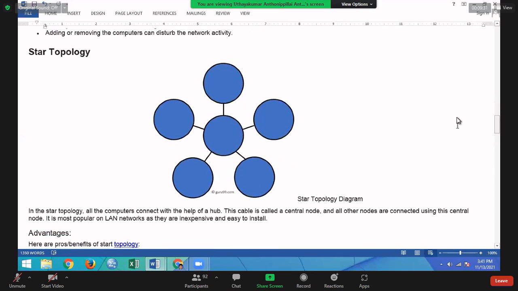Star topology: the center one is the server, and the surrounding peripherals are the clients. This is the initiation of the server-client mechanism. If any problem happens in the server, the total network fails. If any problem happens in a client, only that client is affected in the network.